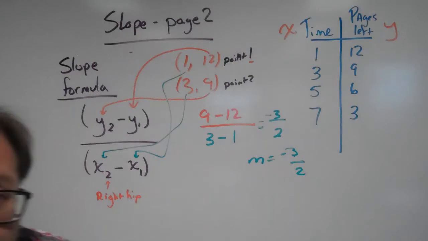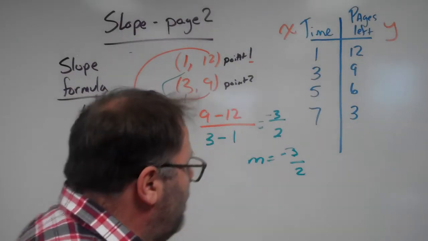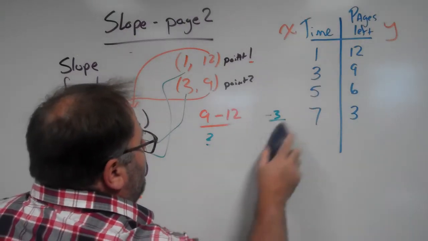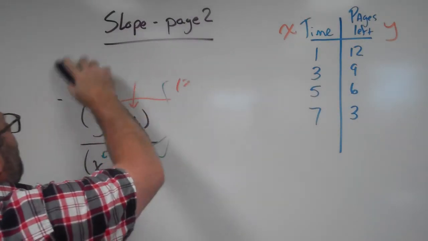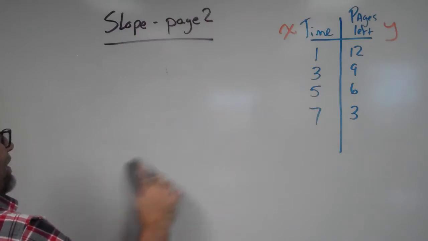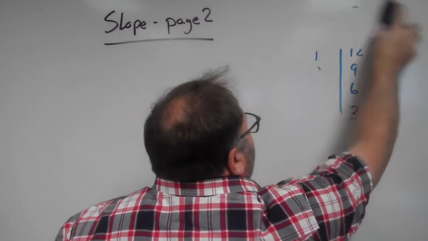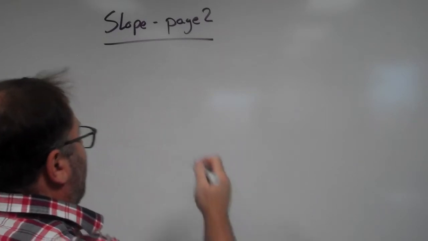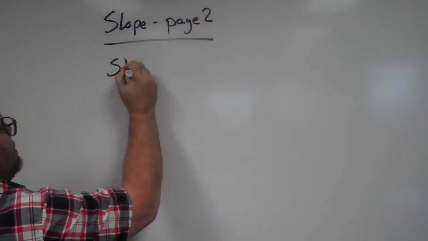Now, what's interesting about this is that when we talk about slope, I'm going to erase this because we're going to go down the page. When we talk about slope, slope is the constant rate of change for our relationship that we're looking at. And I'm actually going to write that down. So where it says, write a word problem for this table, I'm just going to write this here. Slope